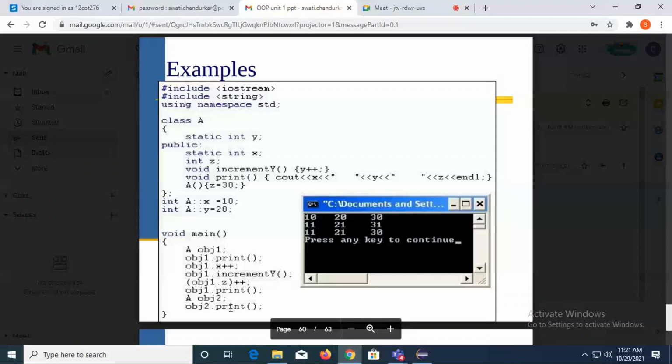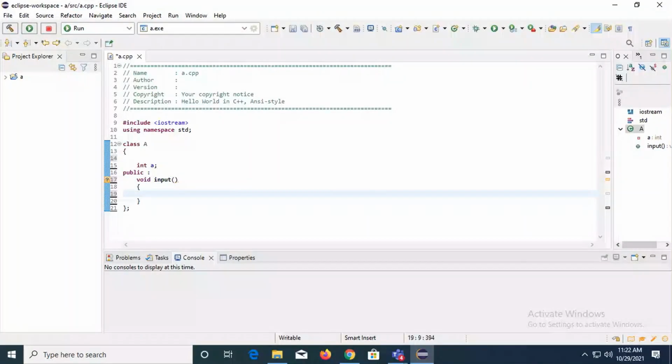I will demonstrate this. I will show you. I'm taking one class here. I will just try to write it here. I'll take one variable, integer a. cin in a.